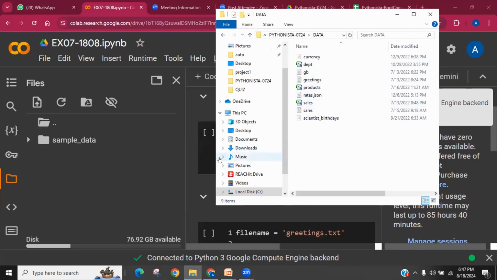Watch, I can transfer a local file to the server. Okay, so I have this greetings.txt file on my local. I can just create it the first time. If you go create it, right click and